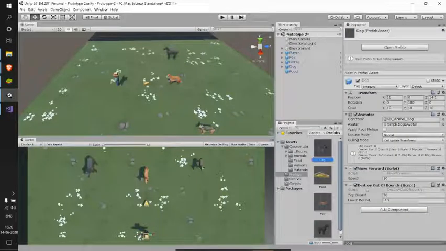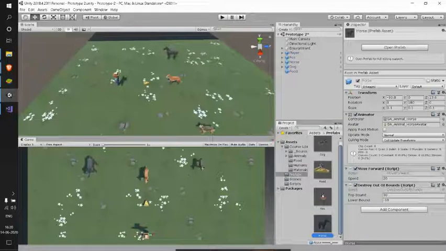We have our destroy out of bounds on our prefabs also. If we don't do this, and we create a new copy of our prefabs in future, they won't have this behavior to destroy these game objects when they're out of bounds.